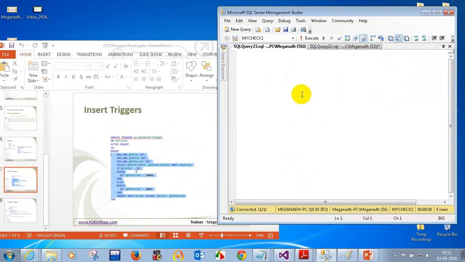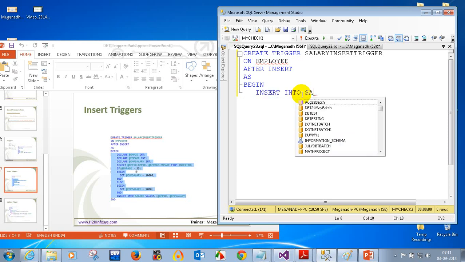So what I need now, I'm going to write a trigger, so create trigger salary insert trigger on employee after, so after inserting, so after insert as begin. So what you need now, you need to insert the value to, so now what we need, insert into, I think we can straight away write it, so insert into salary,